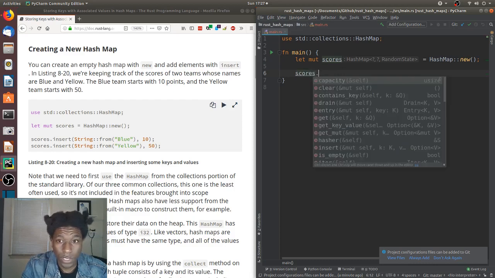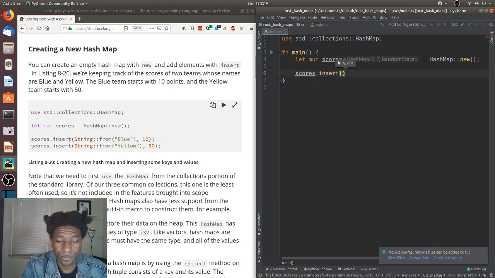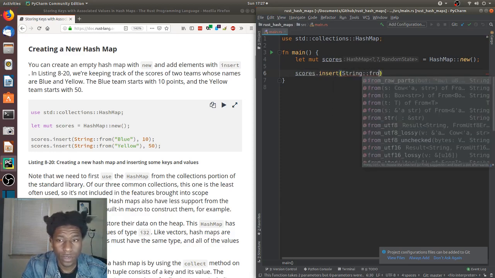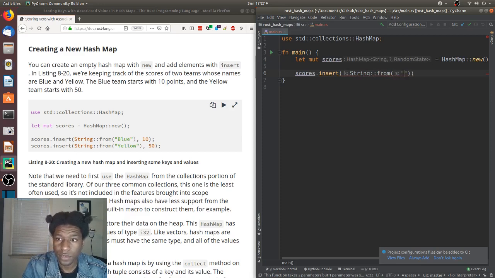So scores dot insert, and oh, they're key values, that's why. String from, we're gonna make you the blue team,